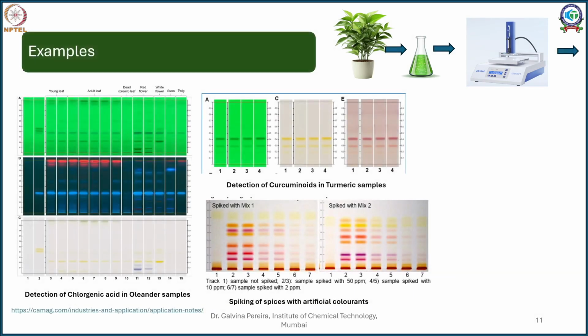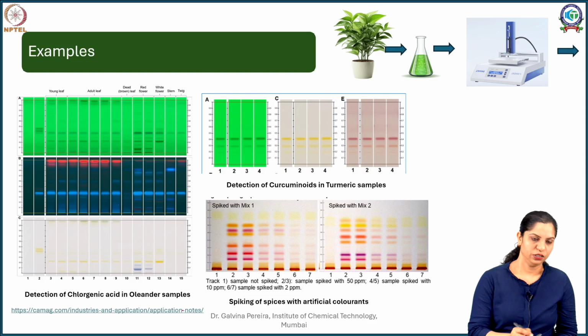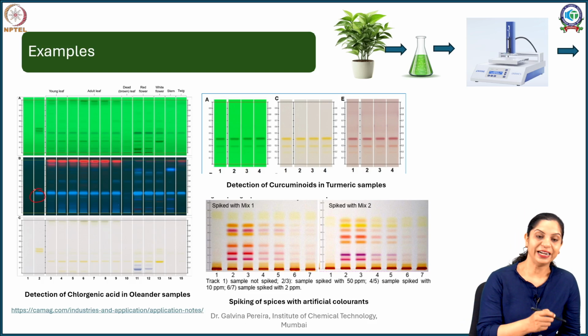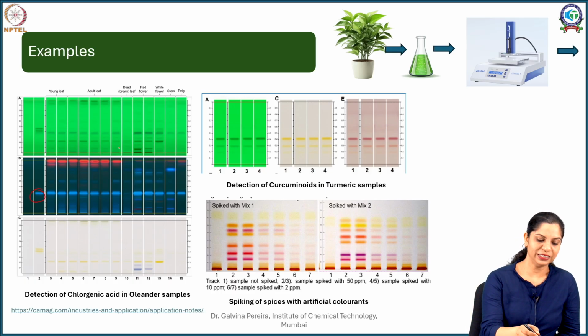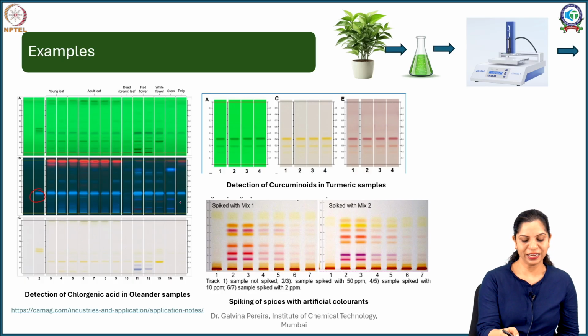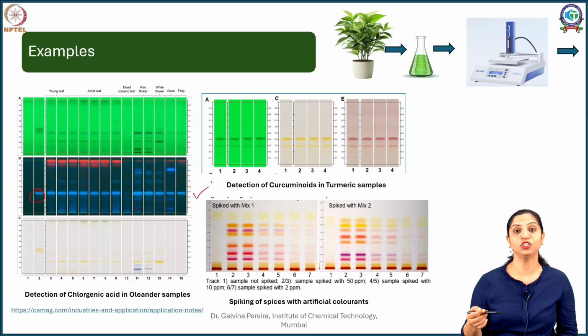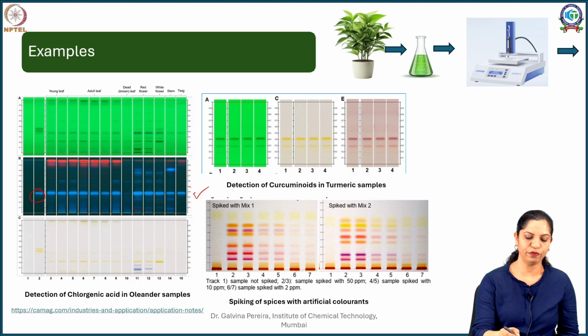Now, here are a few examples. You can see here your chlorogenic acid. This is the standard, and it can be visualized using different reagents. You can visualize it under UV. Here you have applied an NP, or natural product, reagent, and this is under normal daylight. It is very faint under normal daylight, but if you apply a derivatizing agent, you can see the color intensity much better, and for quantification you would definitely prefer this plate over this plate.